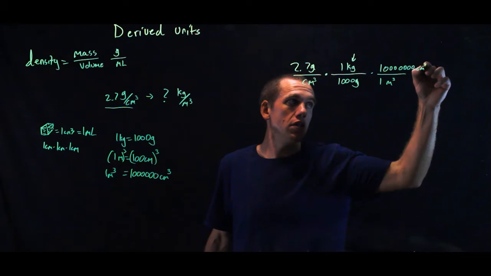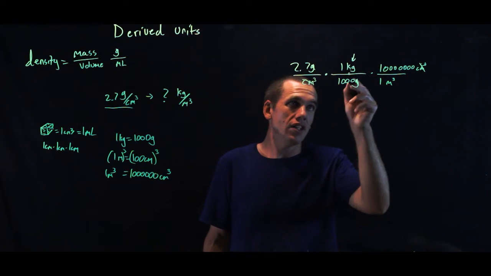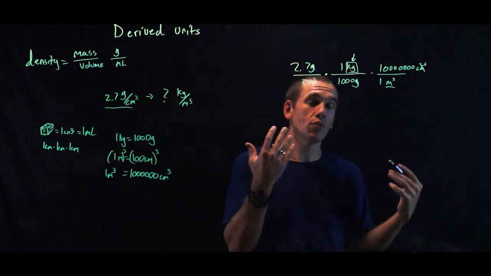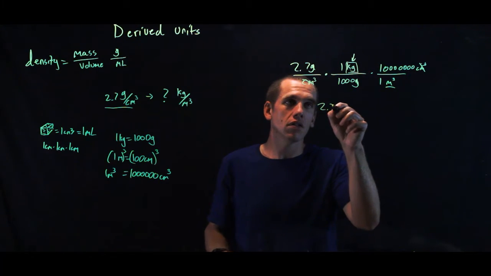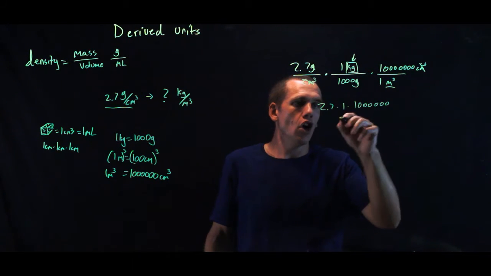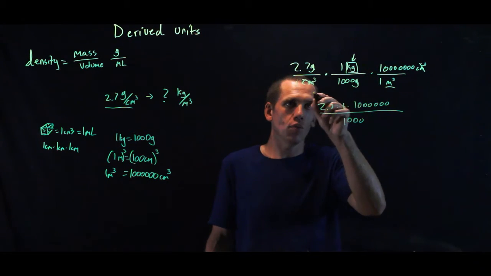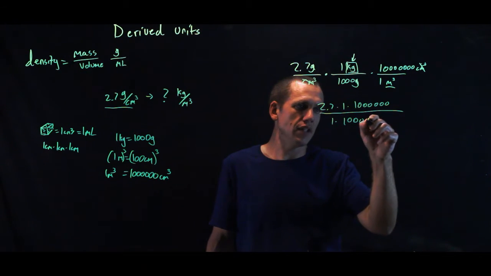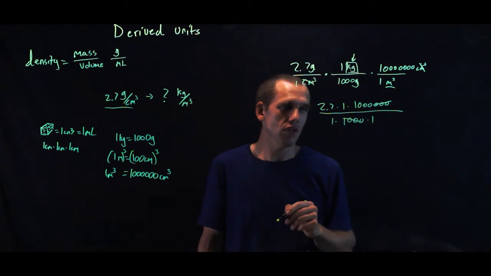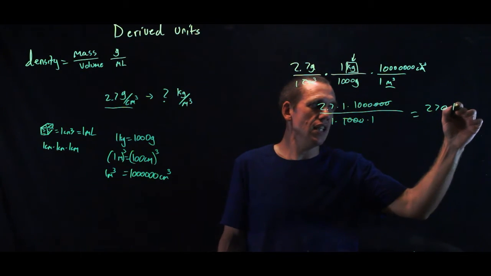cubic centimeters. So that cubic centimeter cancels that cubic centimeter, and my grams are gone, so I'm left with the unit of kilograms per cubic meter, which is good. That's what I want, but I still have to do the rest of the math. I have 2.7 times 1 times 1 million over 1,000. And technically this is 1 times 1,000 times 1. But multiplying by 1 doesn't mean anything. So those 3 zeros I can cancel with those 3 zeros, and so what I end up with is 2.7 times 1,000, or 2,700 kilograms